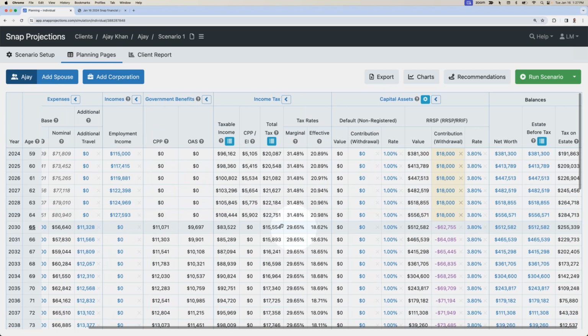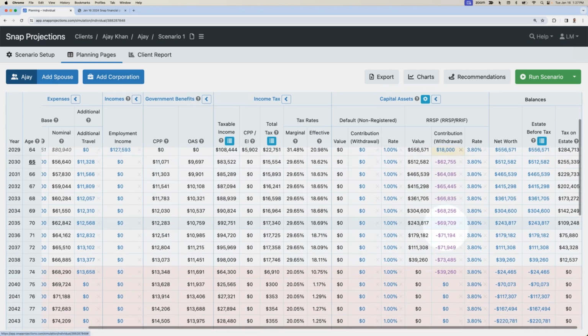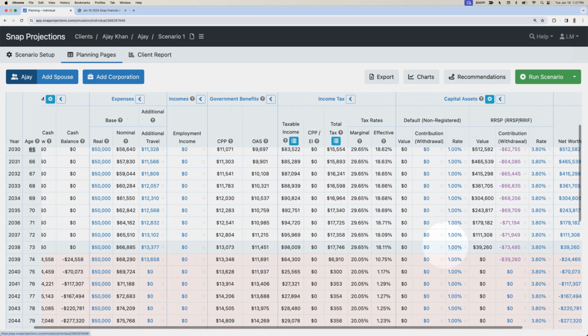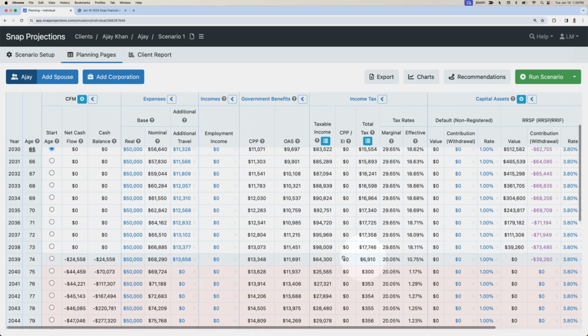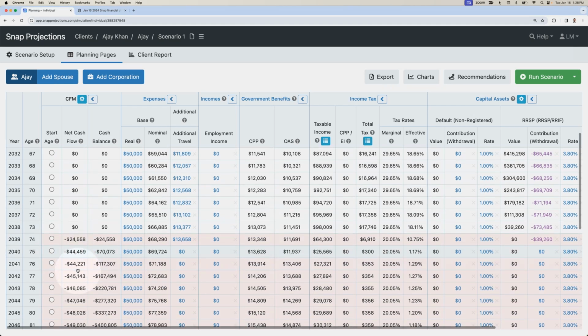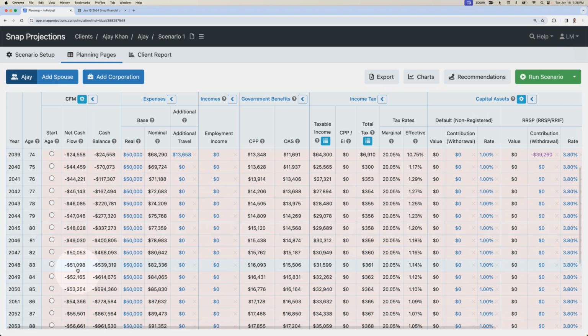We can see any taxes being paid, and then we can see withdrawals from the RSP in order to fill the difference between the spending that he wants to do and the resources that he has available through government benefits. And SNAP continues these withdrawals as long as needed in order to try and meet that desired spending goal. Based off of just the RSP alone, we can see that he would run out of money at age 74, and he would start to have an annual shortfall that is not allowing him to spend at his full